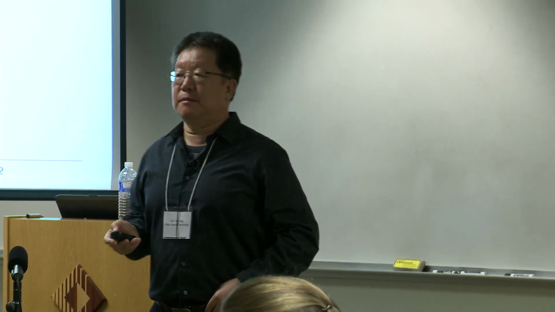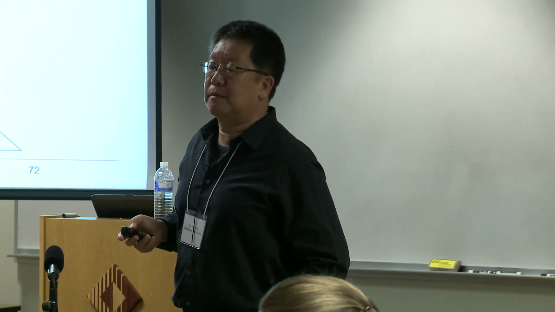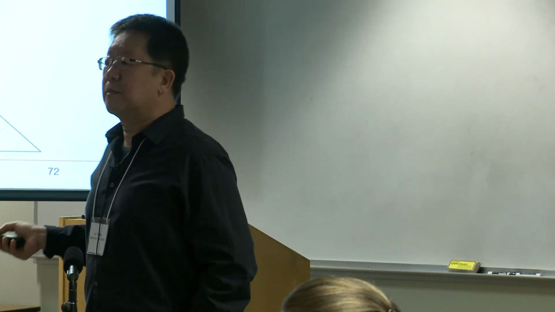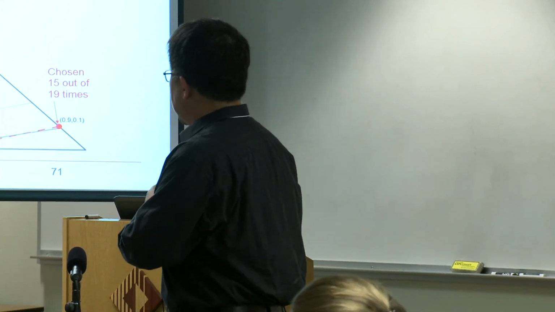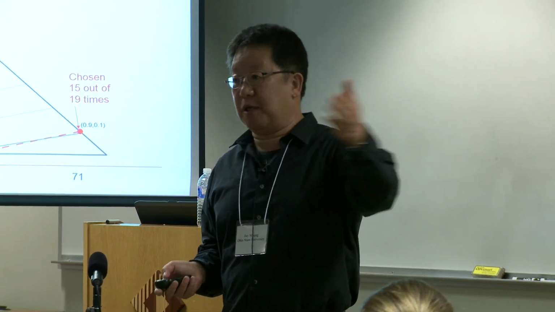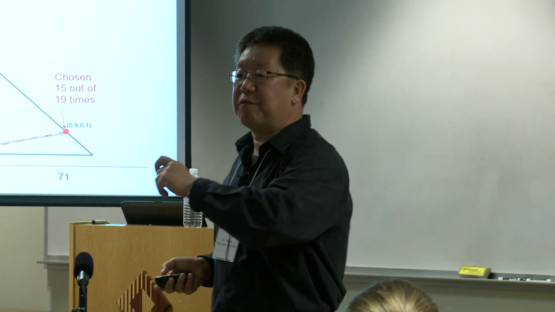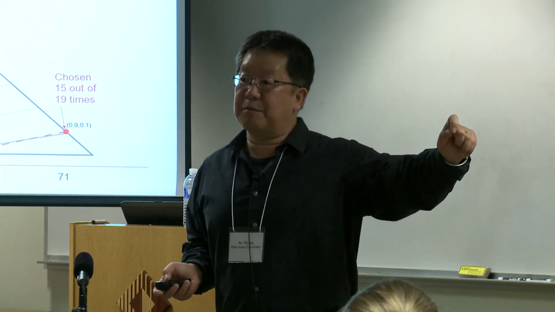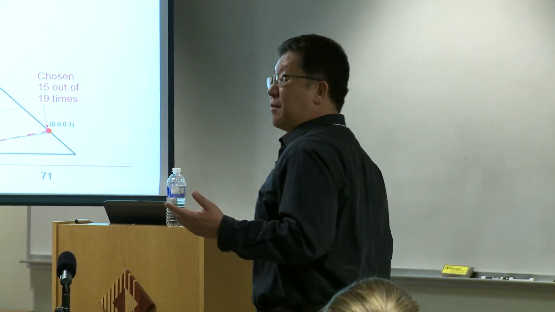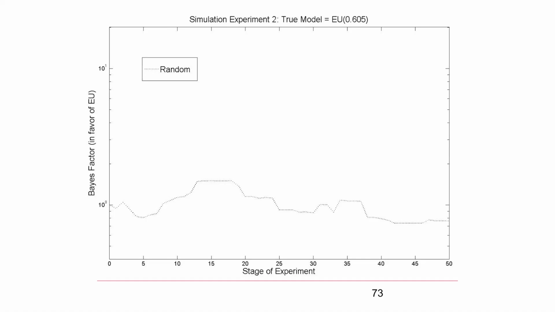Tom? Shouldn't the arrival model be able to fit equally well if it puts its point of intersection far enough away? Of course, when the WEU point of intersection is infinite, that becomes just EU, right? So if you move this point of intersection far away, it becomes more like EU. In the limit, they become identical, right? Absolutely. All right, so the same simulation, now in this case, data come from EU, and again, we